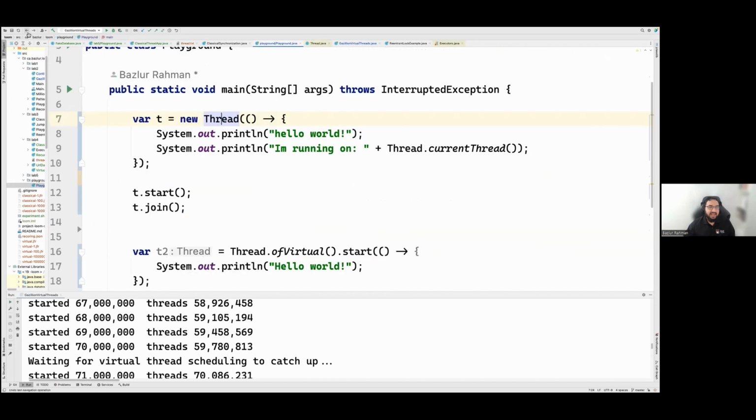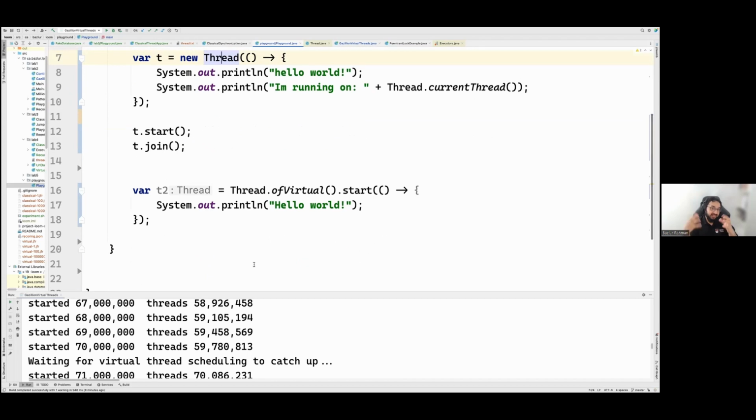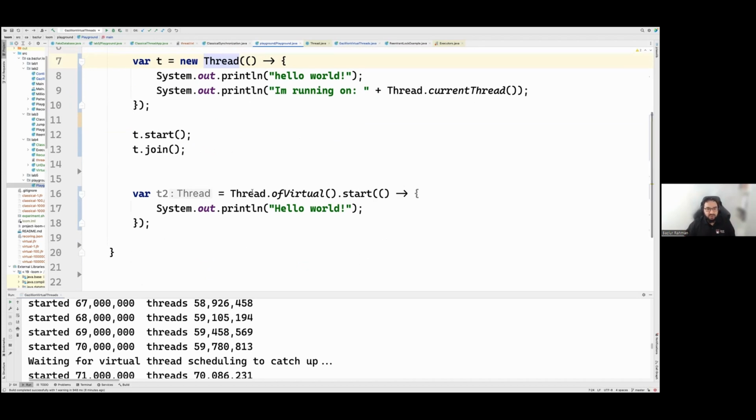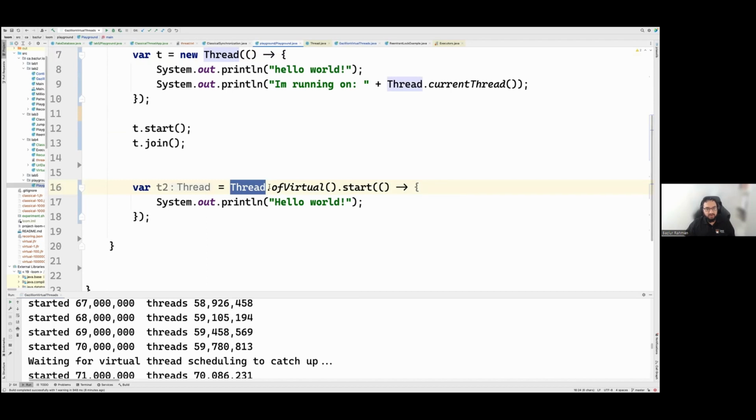So in a way, thread and virtual thread are pretty much the same thing, and they are going to behave the same way. As a programmer, we're going to treat them the same way. We're going to debug, get a thread dump, and use thread local the same way. We deal with them the same way basically, but there's certainly a distinction. And if you want to create a virtual thread, we're going to use this method.